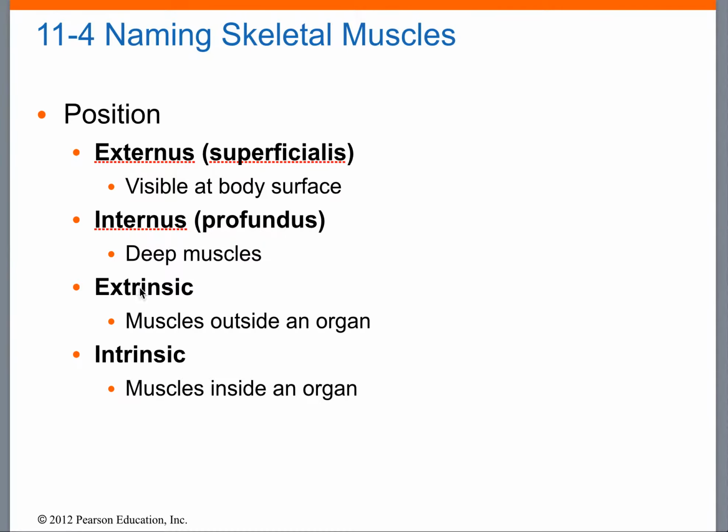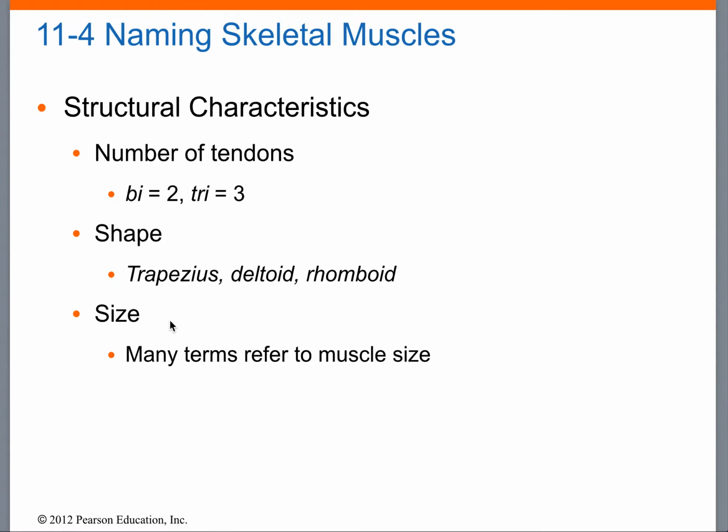So we have externus and intrinsic, extrinsic. Number of heads, we already went over this, right? We said shape, we said size. 2 heads is bicep, 3 heads is tricep, 4 heads is quadricep. If I put the bicep in the arm,